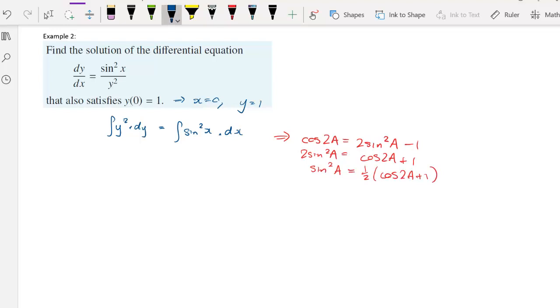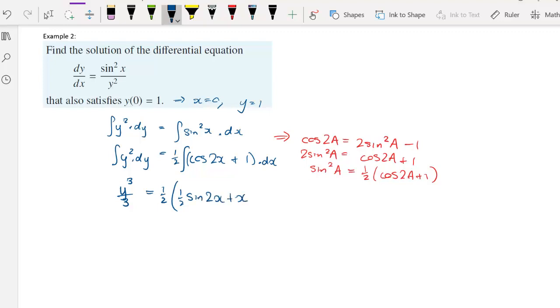So if we perform our substitution, we end up with 1/2 of the integral of cos 2x plus 1 with respect to x. Okay, so let's perform our two integrals. We have now y cubed on 3 and 1/2 of integral of cos 2x is 1/2 sine 2x and x